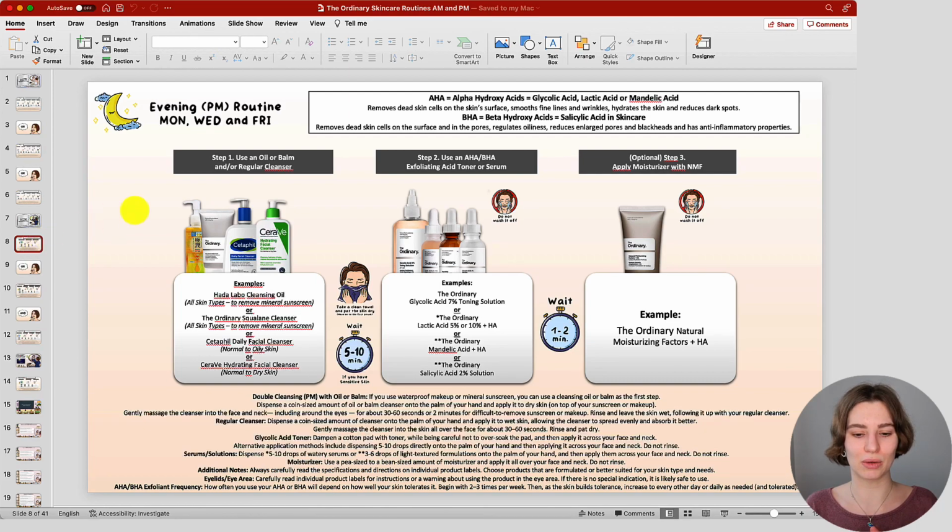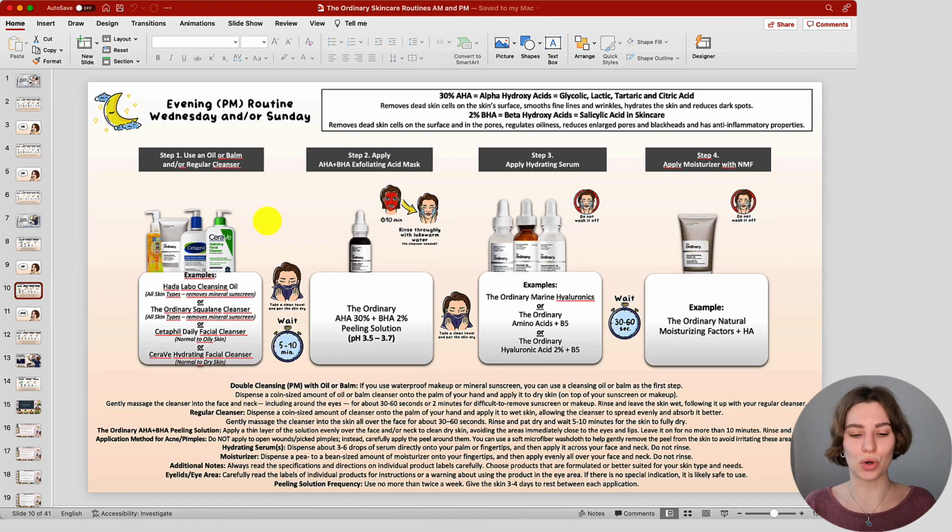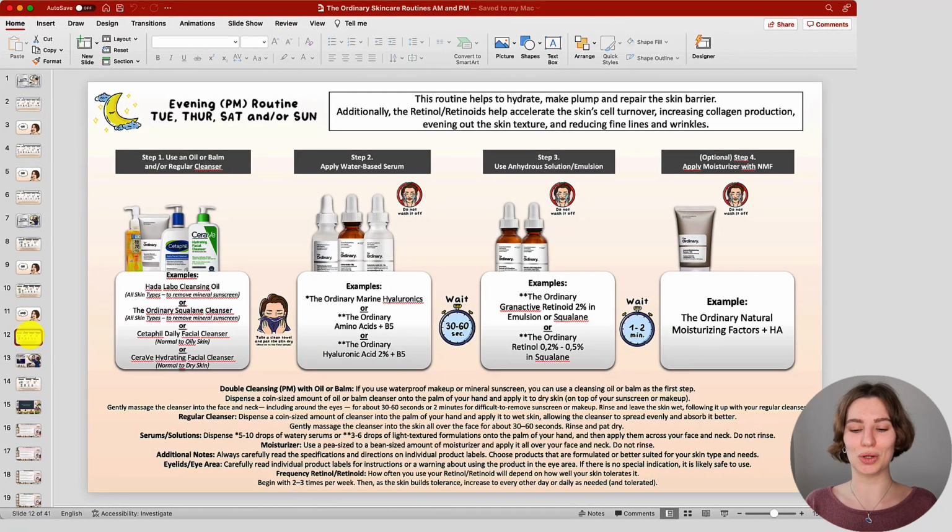You can see we're working with the leave-on exfoliating acids. So this would be one way on how you can exfoliate the skin by choosing one of the Ordinary leave-on exfoliating acids. Or you could go ahead, if you do not want to work with a leave-on exfoliant but the exfoliating acid mask instead, well then you could also go ahead and include the Ordinary peeling solution. But just pick one of them. So either leave-on exfoliating acids or the peeling solution. Please do not work with both together, especially if you then are thinking of working with your retinol or granactive